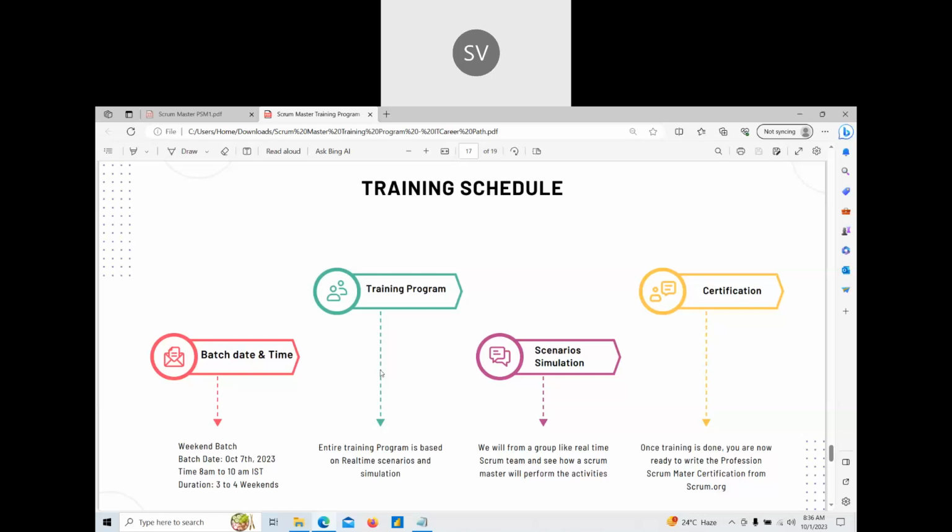We'll take the daily stand-up meeting and conduct it live. How a Scrum Master should act in the daily stand-up meeting, how a Scrum Master should perform his duties while backlog grooming. Everything we are going to see on a real-time basis.